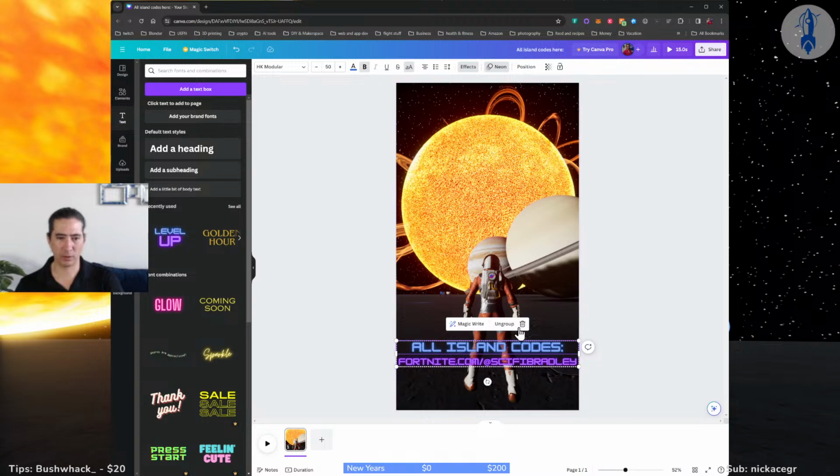The group font. Magic write. What does this mean? Spelling, sprinkle fairy dust, more formal, more fun, rewrite, summarize, continue, write. No. No need for that.